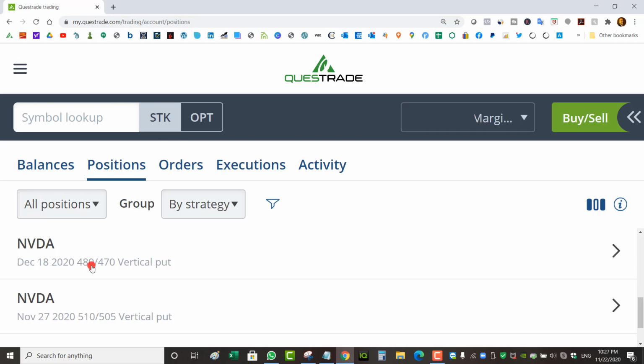And this one was a put spread that was initially at a 535 short strike. It got completely tested and breached. So I decided to roll it to December 18. I increased the width of the spread, so I went from 5-point to 10-point. And I think I did it for a debit. I paid $1. So basically, I'm just trying to scratch this trade, trying to break even. I just need NVIDIA to stay above 480 come December 18 for me to be able to break even